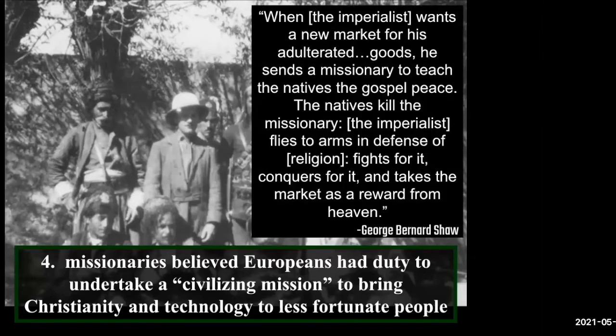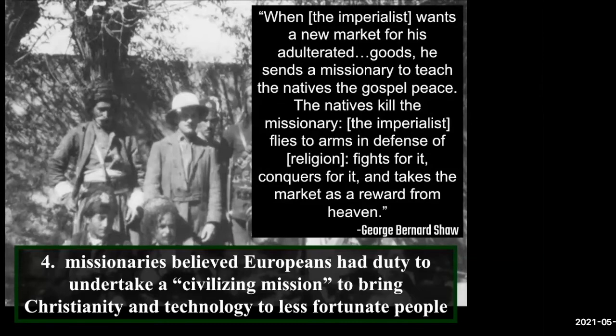However, we do see some positive effects of missionary work in new imperialism. The missionaries worked to end the slave trade. They established schools, they established hospitals, but obviously this is going to be a foot in the door phenomenon of imperial industrialized nations trying to move into areas and claim them as their own.